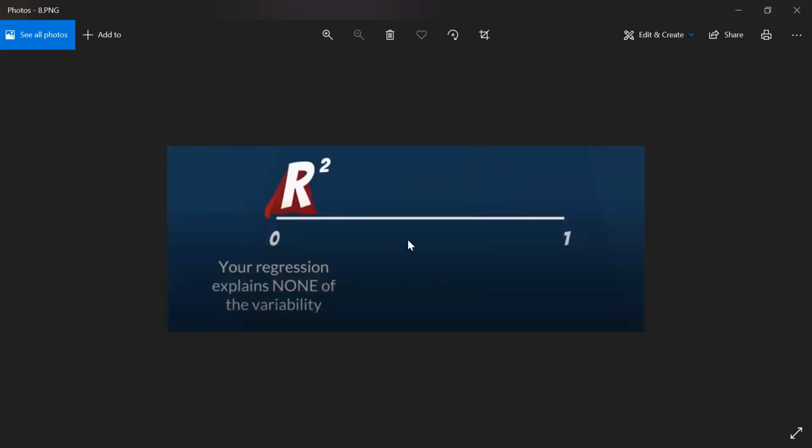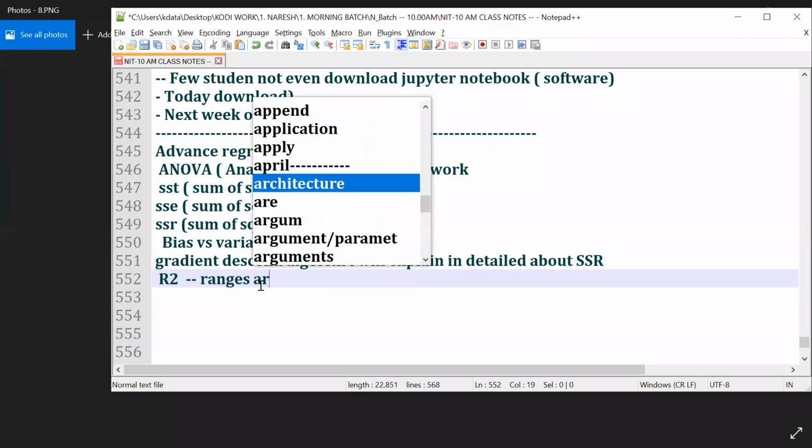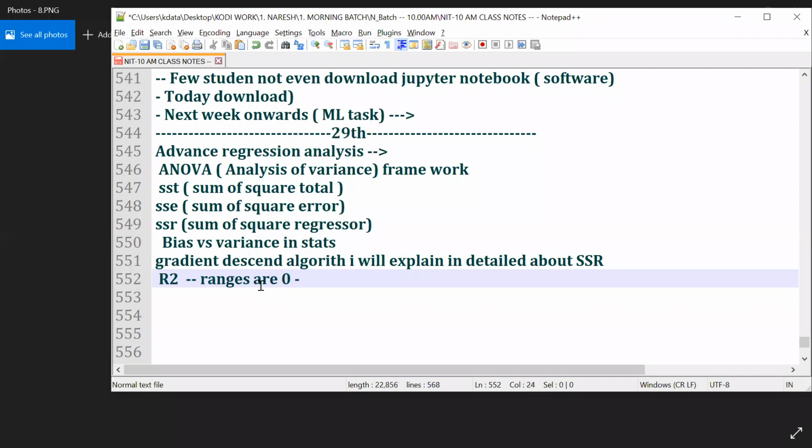Now, as I told you all the time, this is the performance measure of regressions. R square ranges from 0 to 1. Understand, guys? What is the range? 0 to 1. Tomorrow, when you build a simple linear regression model, or maybe a multiple linear regression model,